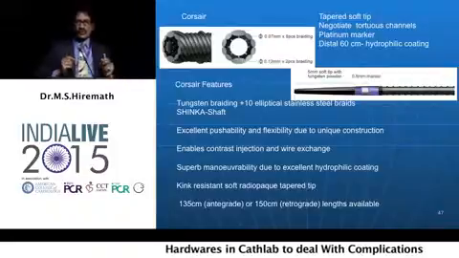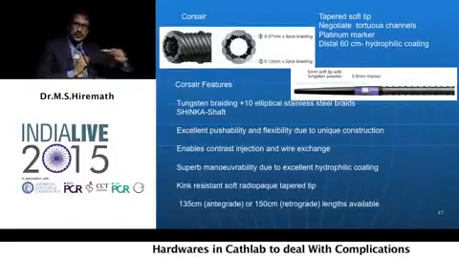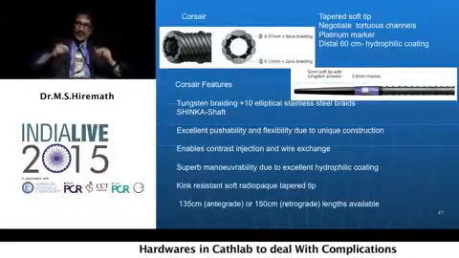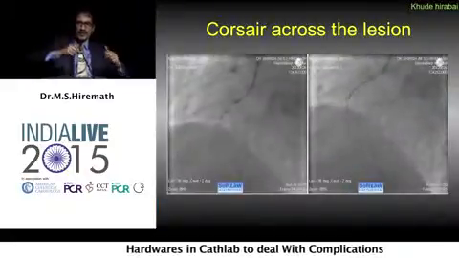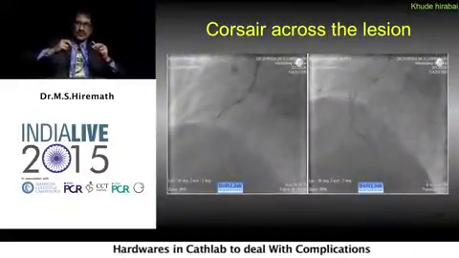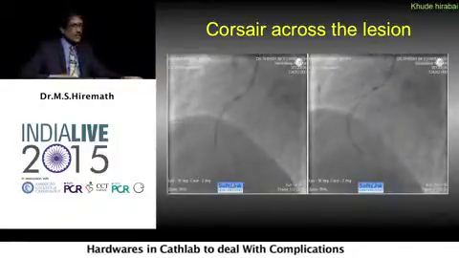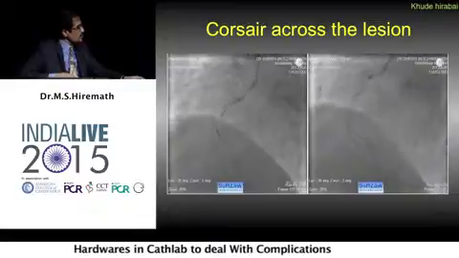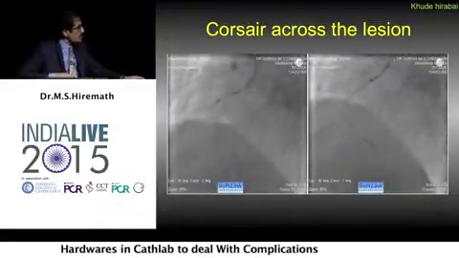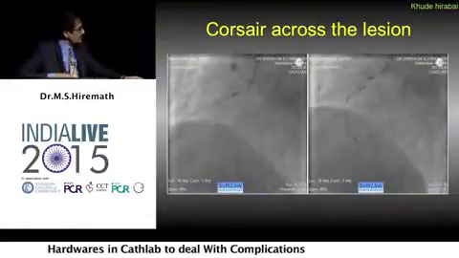Now, when you're pushing your Corsair, you're not supposed to just push it like you push a balloon, but have some kind of rotation, some kind of tension. And whatever you twist from outside, the Corsair is good enough to take it to the distality, and thus you would see that the Corsair crossed, and over that,